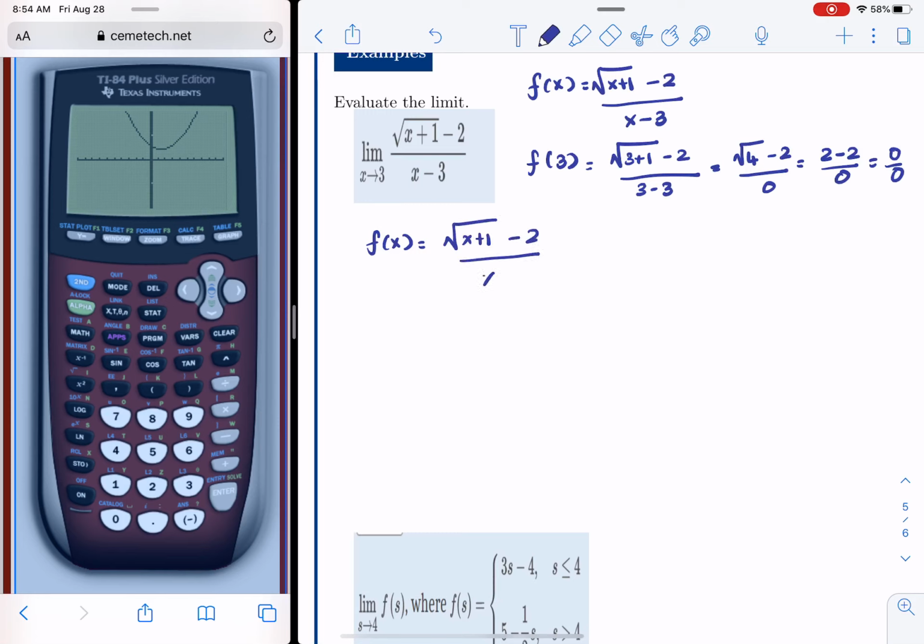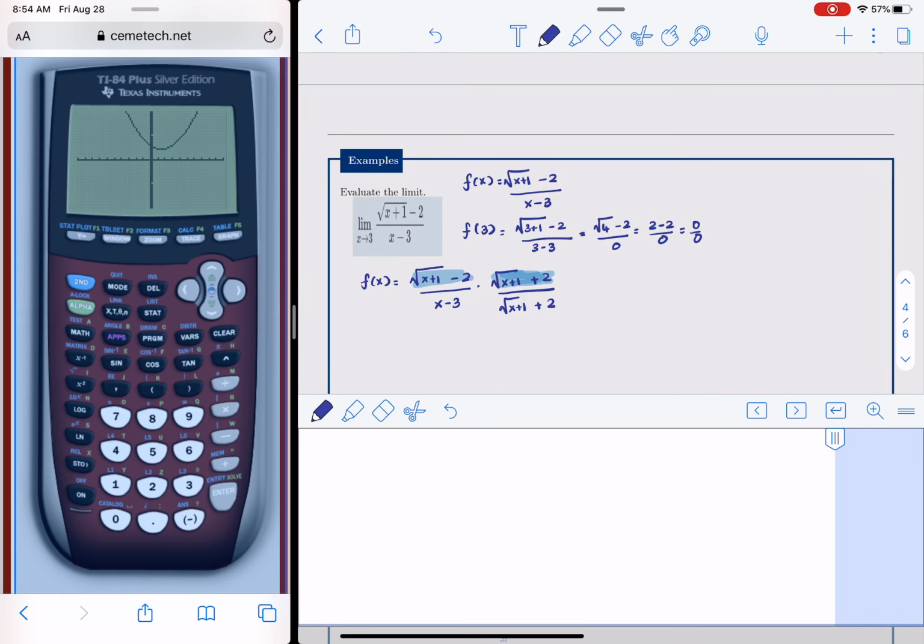multiply and divide by the conjugate of the radical. So you can see, if we have square root of x plus 1 minus 2, its conjugate would be square root of x plus 1 plus 2, and vice versa. So the numerator,